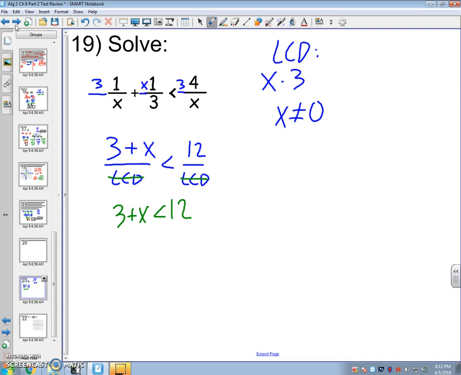Easy algebra 1 problem. Solve for x by itself by subtracting 3 from both sides. X is less than 9. Okay, now that's our answer. Because it's an inequality, this sign right here, we've got to do